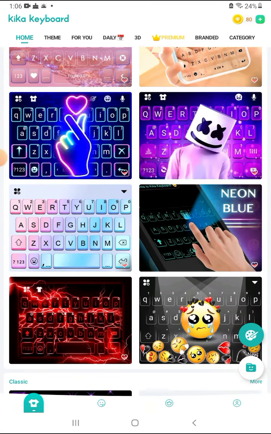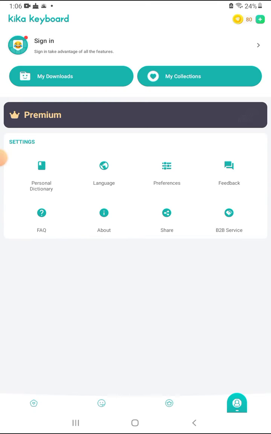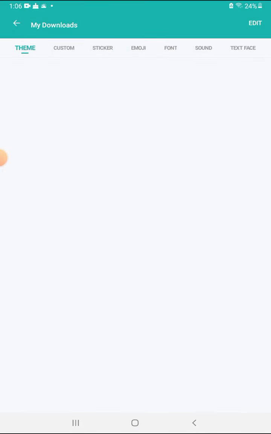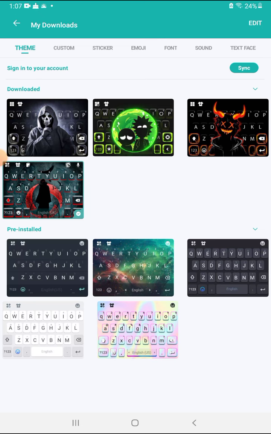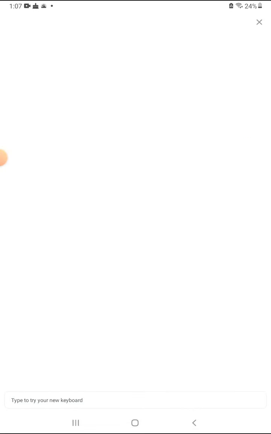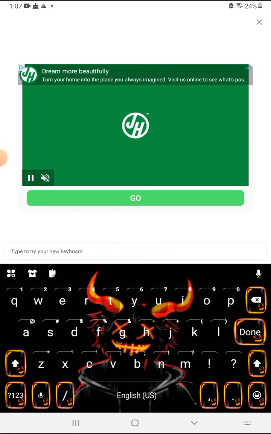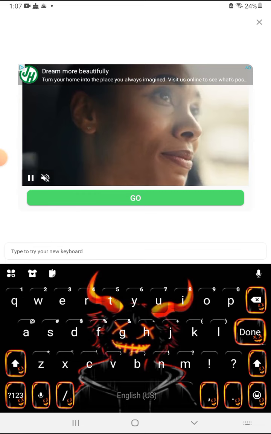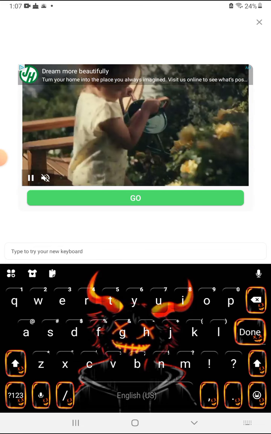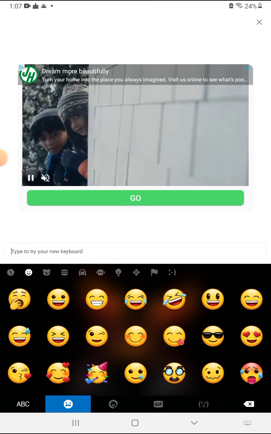Where's mine? Okay. Look at your downloads. And then these are all of the ones. These are pre-installed, so you could use these without even having to watch ads. So this is the keyboards right here. It's really cool. Also comes with these